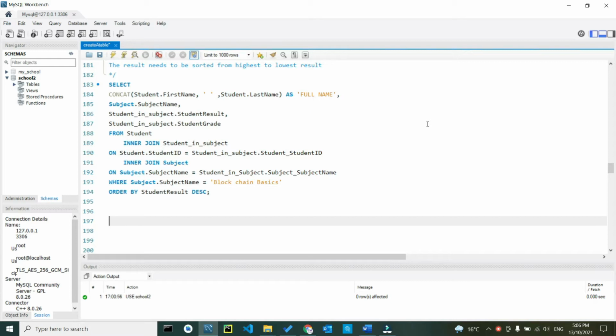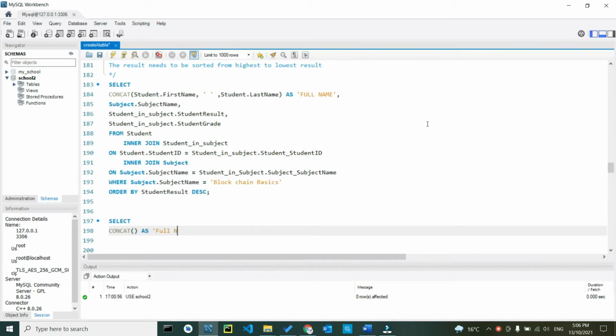First of all, we need the student's first and last name together as a full name. Do you remember how those two stick together? We use CONCAT to do the job. So we choose SELECT, give some space, and CONCAT, open and close parentheses, and we want to return the information as full name. So full name,